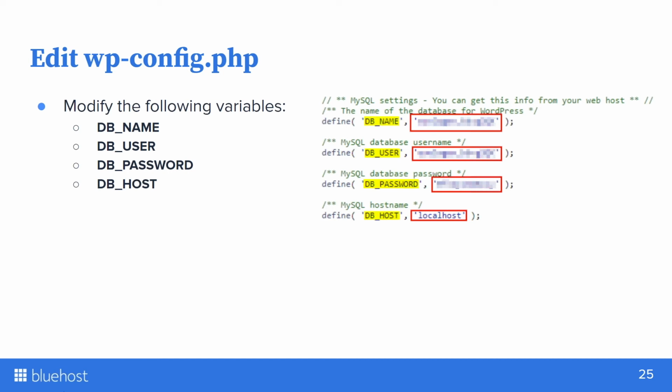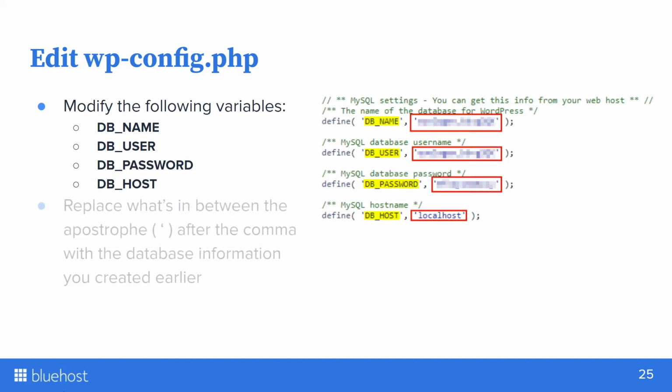Everybody's configuration file will usually look the exact same. Like 95% of the time, this will look exactly the same. So this screenshot should look very similar to what you'll see in the editor. What you'll want to replace: you can see that it says define, parentheses, the DB name, and then there's a comma, and then there are single quotes surrounding a piece of information. So what you're going to be replacing is the second set of single quotes in that red box that I've highlighted. Inside of those single quotes, you're going to delete whatever's inside, and replace that with what you wrote down on that piece of paper,